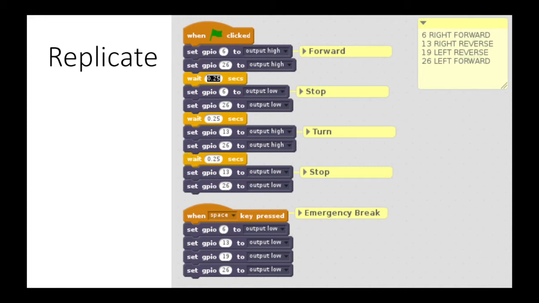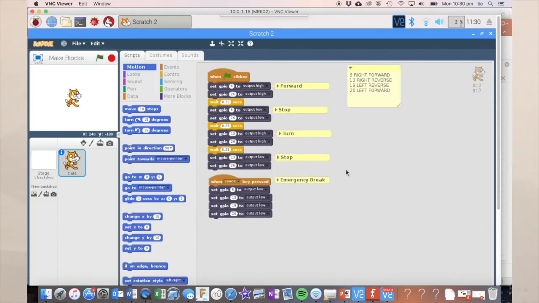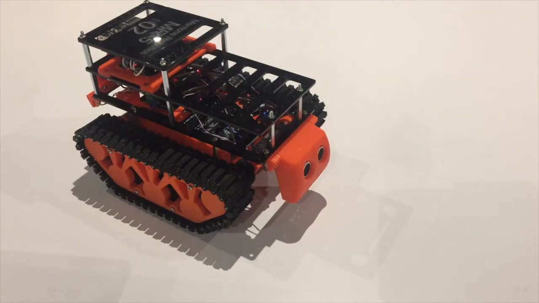our program on the MR5 to be able to do this. So here we are in Scratch 2 on the Raspberry Pi, which is running MR502 this time. Basically, if I press play on this, you can see now. So I press over here and press on the click button. You'll see on the robot, it will